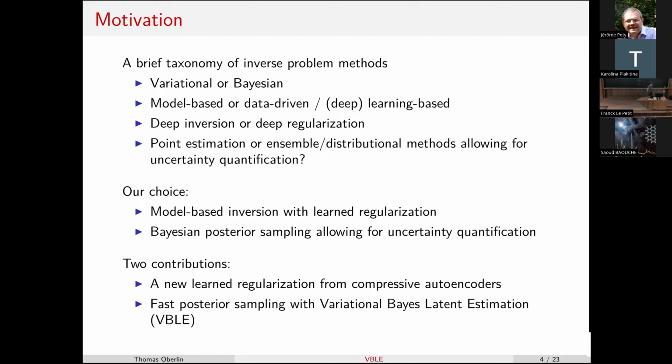I call this deep regularization. And then the last point is whether we are looking for a single estimate or a distribution that will allow for uncertainty quantification. So here we will be in the framework of model-based inversion with learned regularization and posterior sampling, or at least approximate posterior sampling, to be able to derive uncertainties.